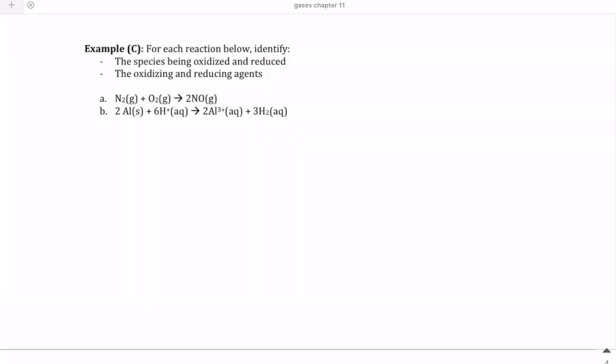So let's use that idea that we just talked about in terms of electron loss and electron gain and help us identify in a specific reaction what species is oxidized and reduced and what the oxidizing and reducing agents are. So I'm going to look at this second reaction here, which is 2Al plus 6H+ forming 2Al3+ and 3H2. And the way we use that concept of electron loss and gain is to first count the number of electrons that we have. So aluminum, if you go to the periodic table, has 13 electrons in it. And the way I know that is because this is the aluminum element, or the atom, and the atom has 13